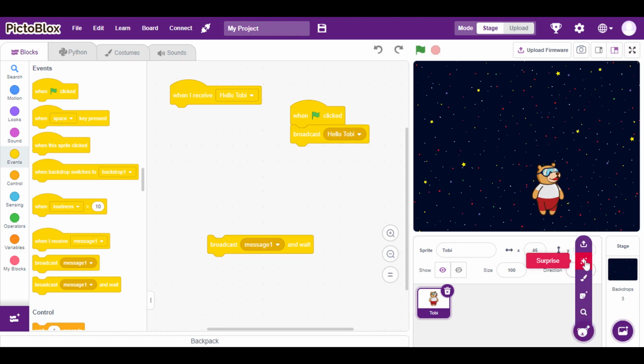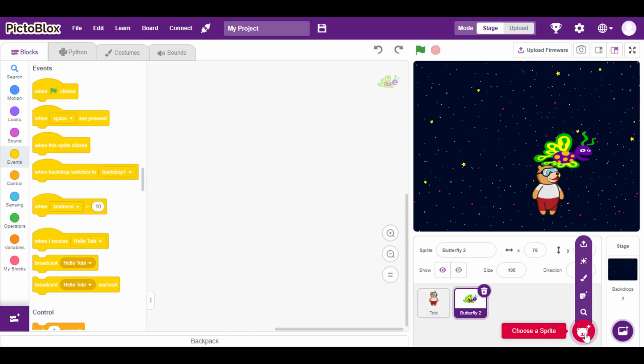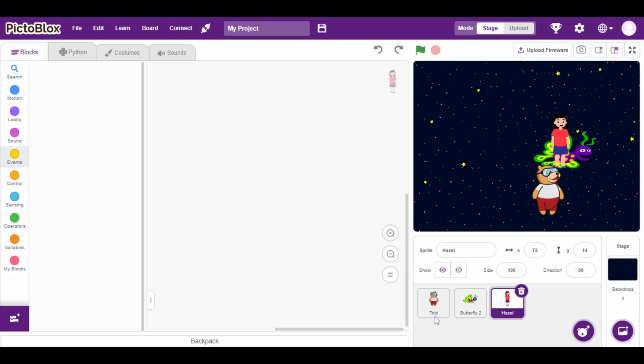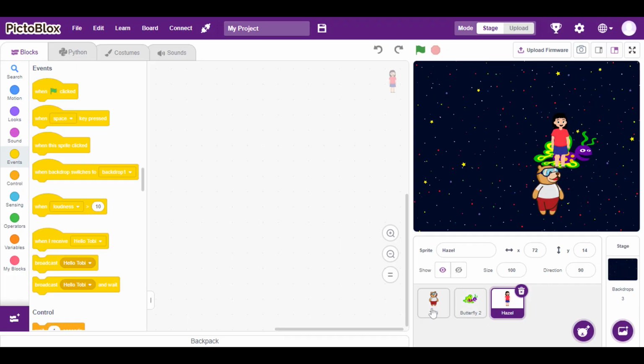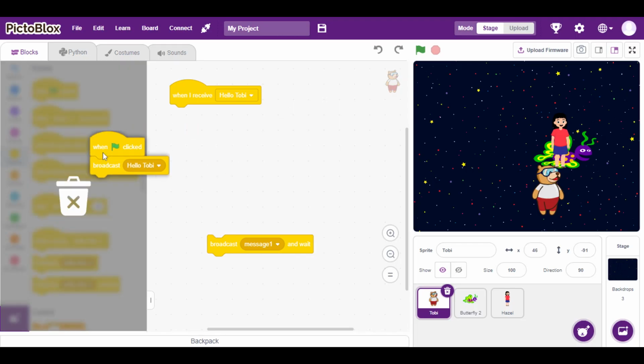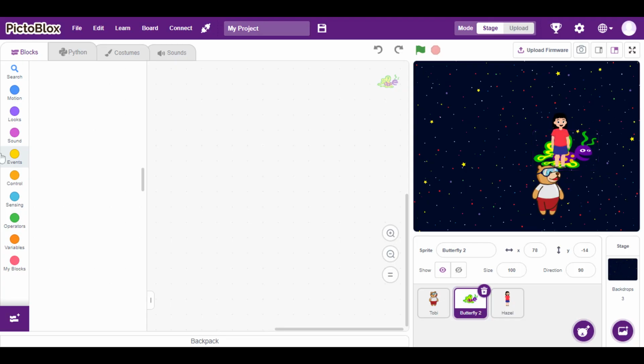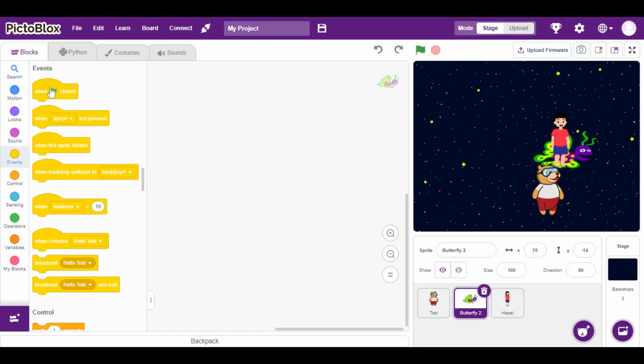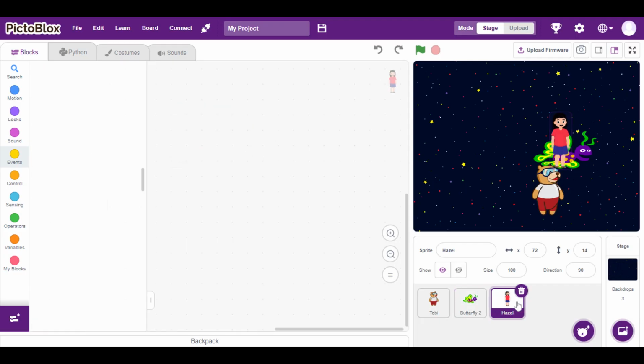So let me put some other sprites as well to give you the entire context of this. So I'm just taking some random sprites over here. Okay, so we got Toby, Butterfly, and then Hazel. So for Toby, we are broadcasting the messages hello Toby and hi Toby. Okay, so since it is for Toby, let's put it over here in the event blocks. When green flag is clicked, broadcast hello Toby. And for Hazel,